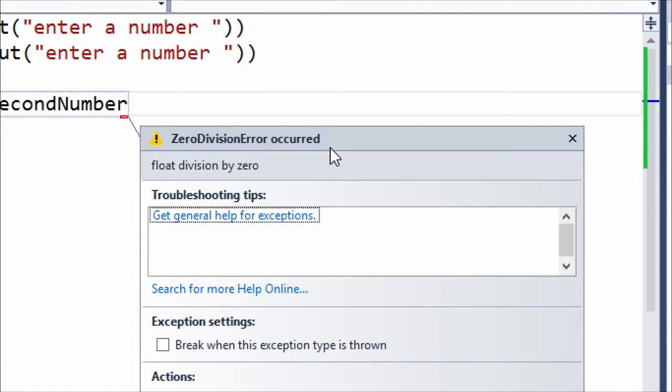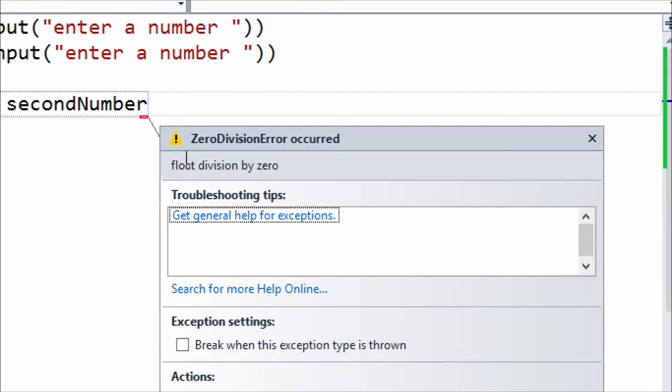That's really useful. We're going to take a little note of that. That's useful information. And there's a description of the error. There was a float division by 0, which is actually a really good description because I had a floating number and I tried to divide it by 0, and that's causing the error. So do take a look at that information because that is really useful when you're trying to write your error handling. You're going to want to know that information.